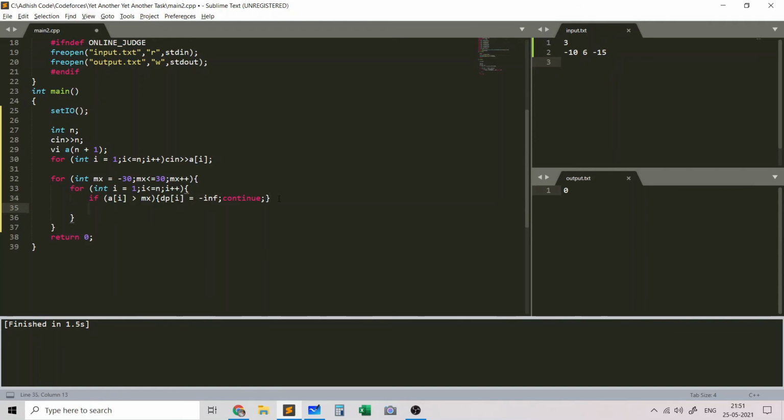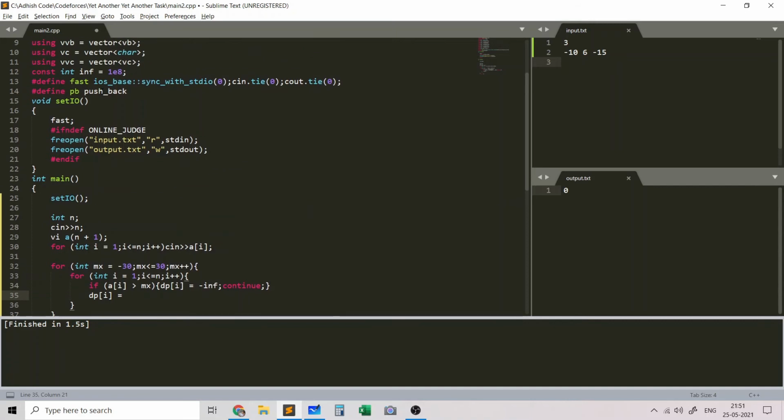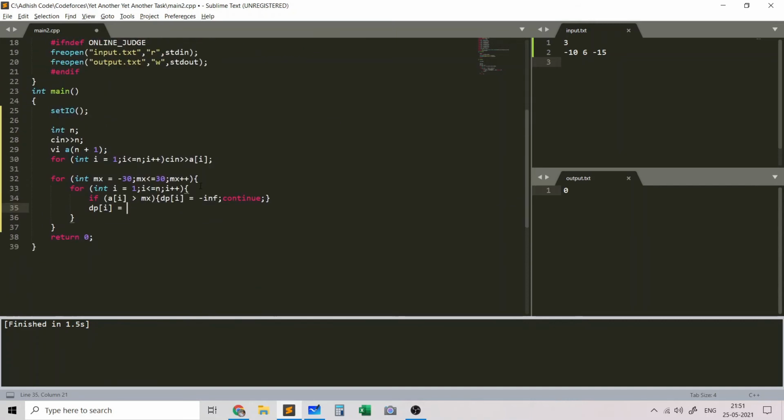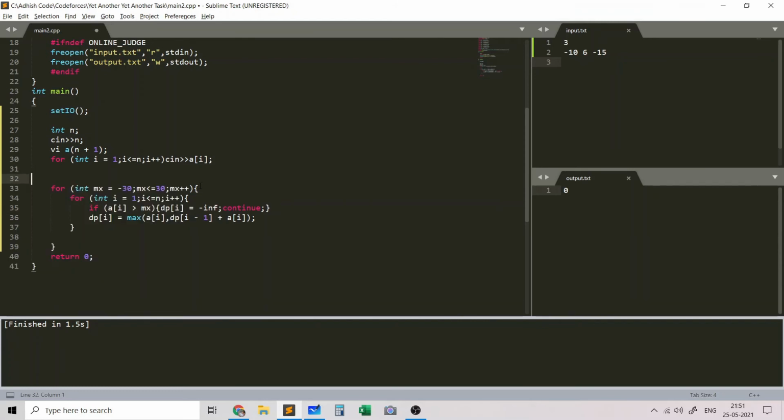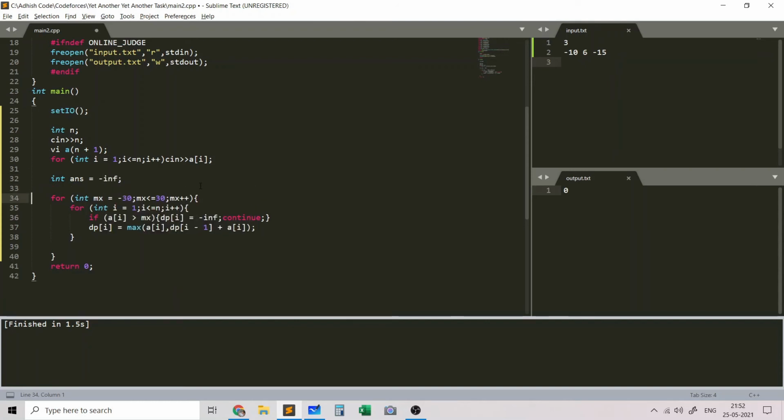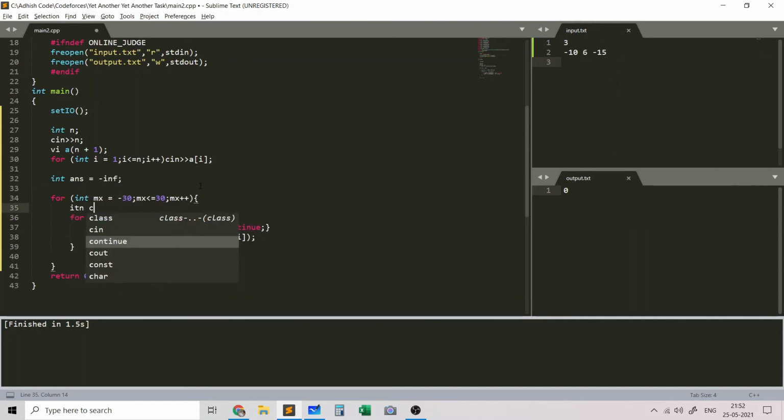You can use longs also and set a different infinity value. So dp of i will be the maximum of a of i and dp of i minus 1 plus a of i. So let's initialize a global maximum int answer to be negative infinity, and let's initialize the current max to be again negative infinity.